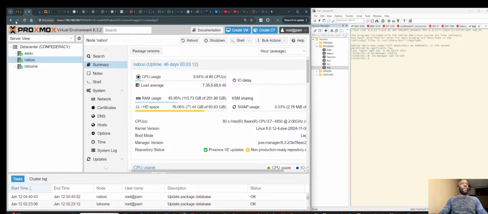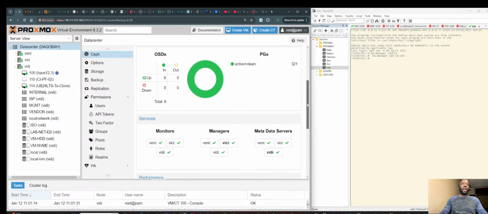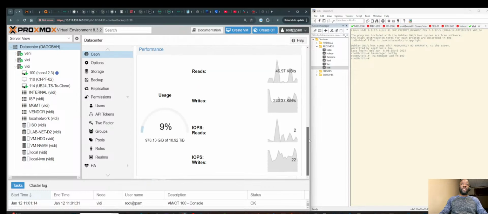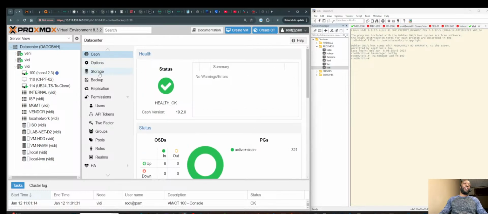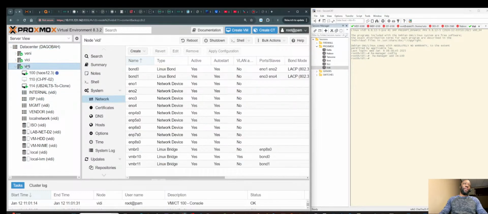inside the Ceph that you load in Proxmox, because basically from what we had over here to here, that's all you have. It just says your health is okay, and that you have six hard drives from three servers. Since we spec our servers to be exactly the same, each server comes with exactly the same amount of drives. So if I go to the server here, and then I go to